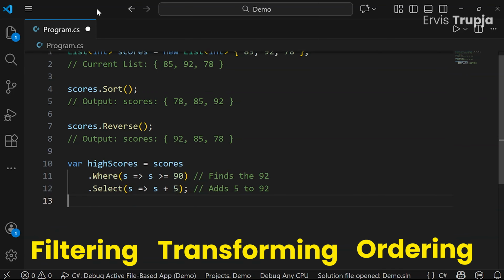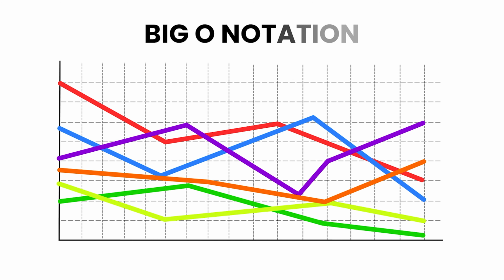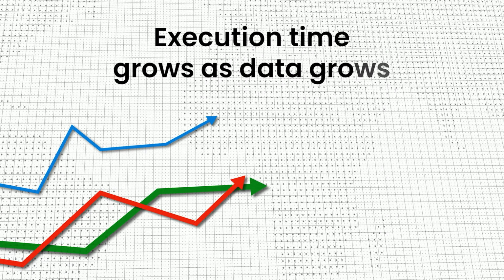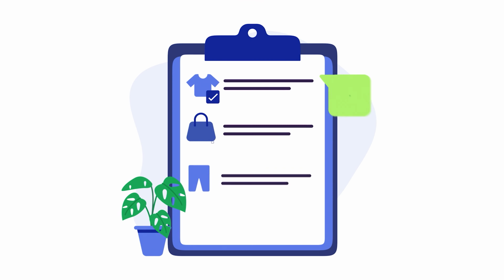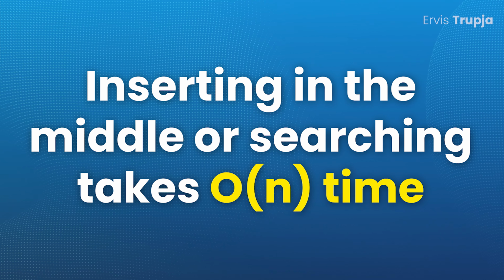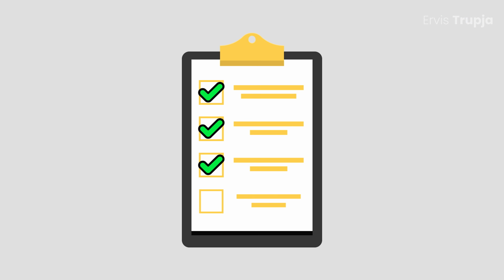and ordering your data. Performance-wise, we measure efficiency using Big O notation, which describes how the execution time grows as the data grows. Adding items at the end is O(1), meaning constant time regardless of the list size. Inserting in the middle or searching takes O(n) time, meaning it scales in a linear way with the number of